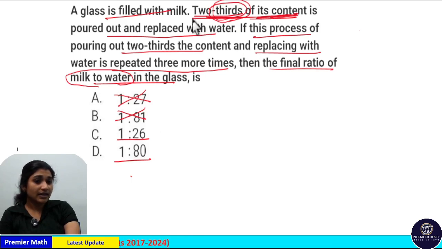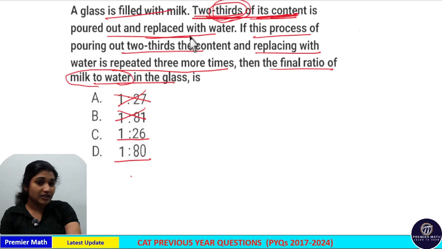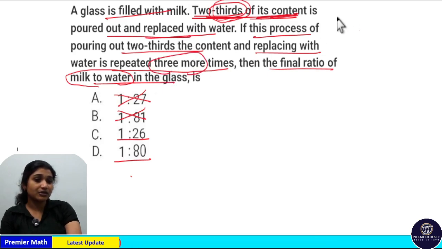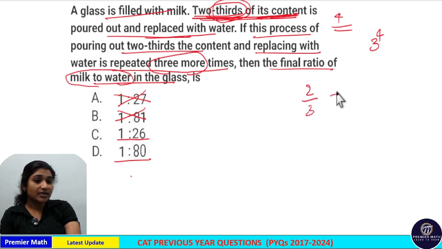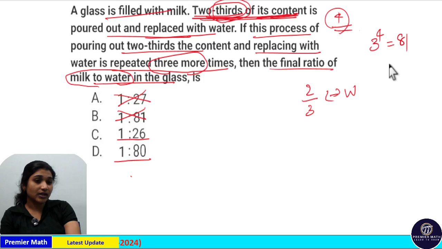But here it clearly says two-thirds of the content is replaced with water and this replacement has taken place 3 more times, which means total 4 times this replacement has taken place. And here total part is 3 parts. So this 3 is also repeated 4 times, because two-thirds content is replaced with water 4 times. So here this 3 is also repeated 4 times, when 3 raised to 4 is equal to 81,